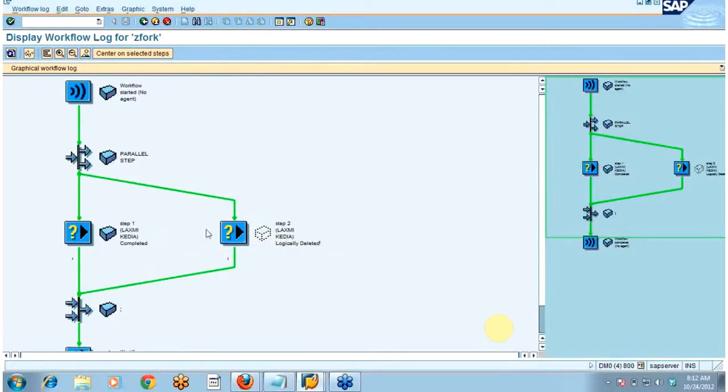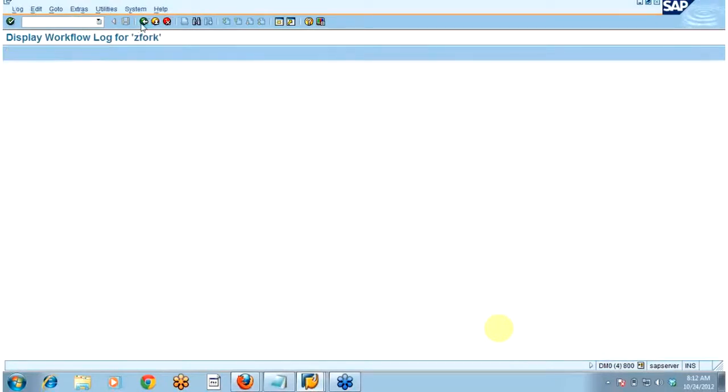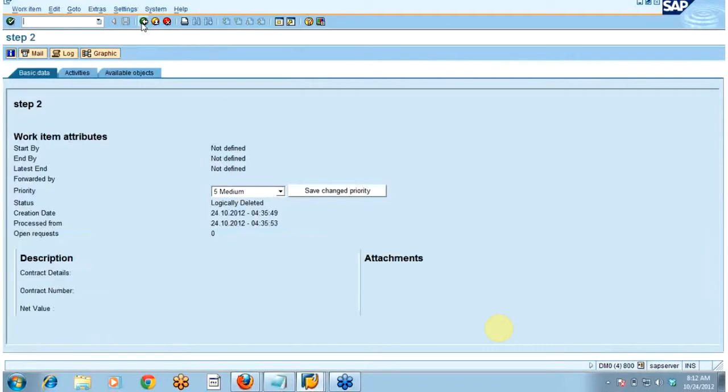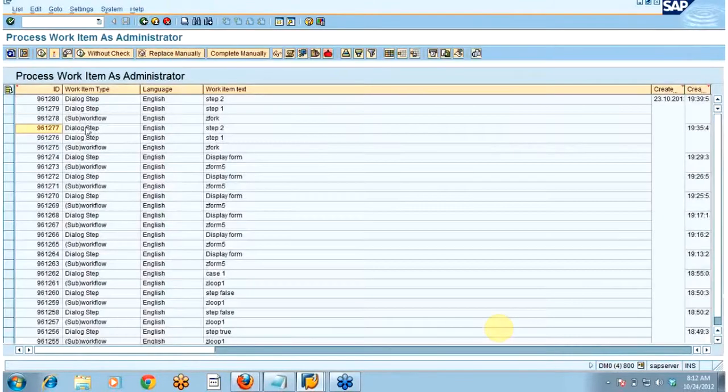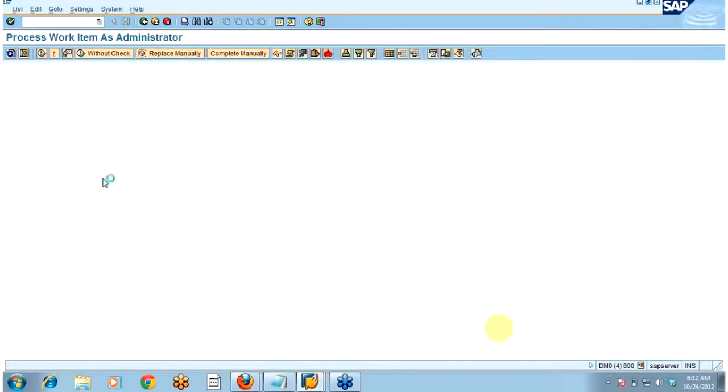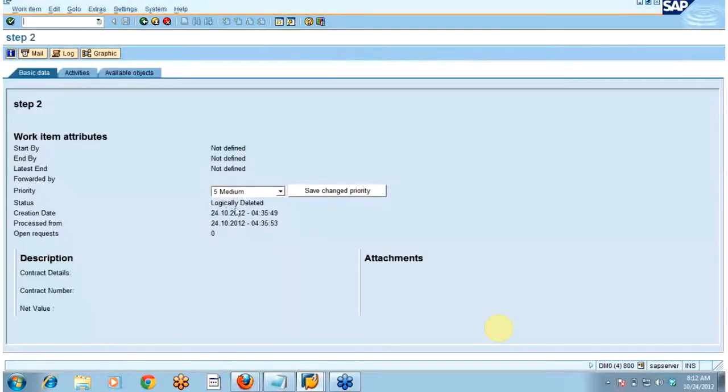So this particular step was logically deleted because I have defined this necessary branches as 1. That's the reason it has got disappeared from the inbox of the user. Somebody was asking me about this status also. You can see here the status logically deleted, the status of this particular work item.